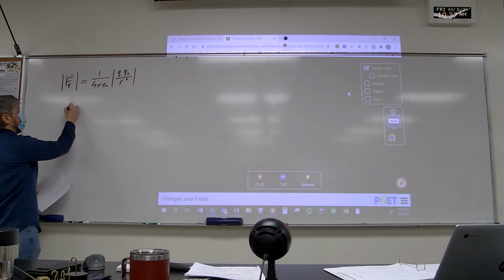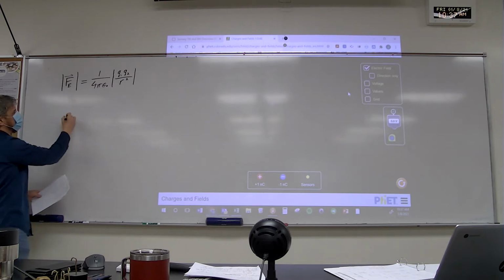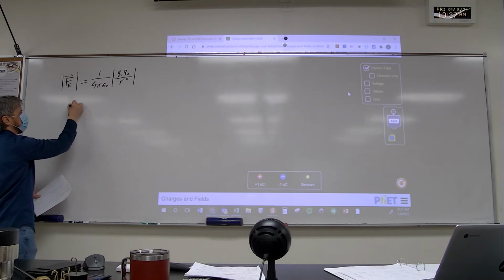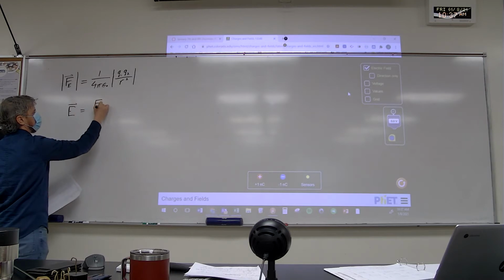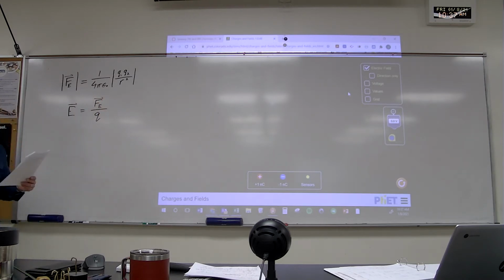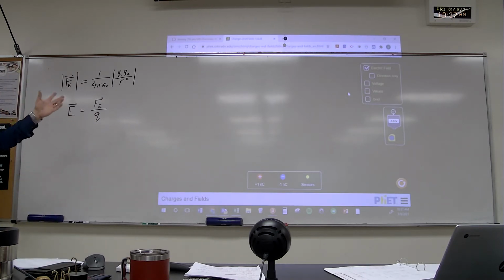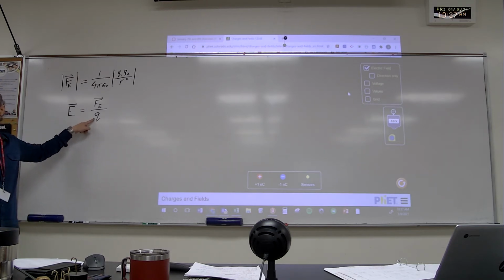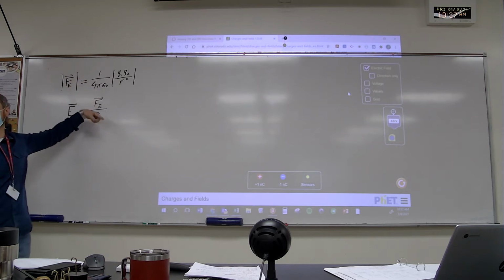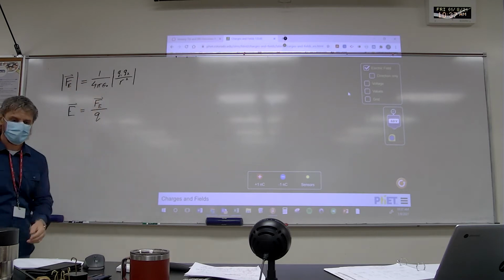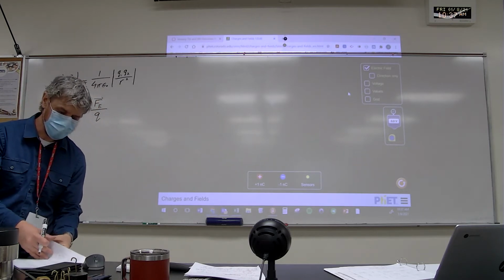And we're also given the equation, so this is needed. We're also given that the electric field is equal to the electric force divided by the unit of charge. So like I pointed out, this is what you're given. In order to calculate the electric field, when you don't have a small q, you have to equate these two equations. Okay. And before I do that, let me just make sure,